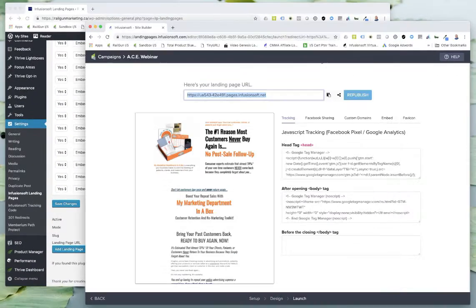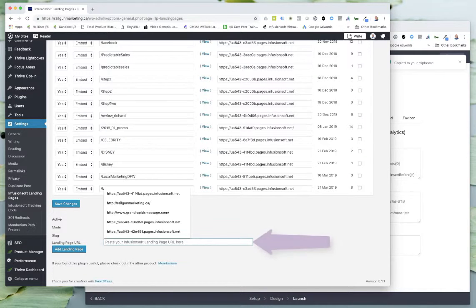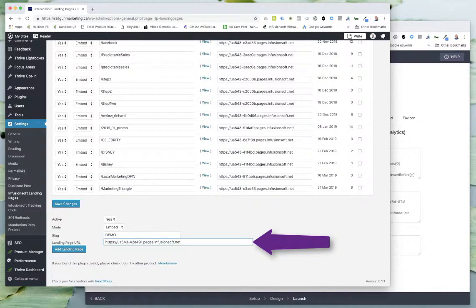So what you'll need to do is come into your Infusionsoft app. You're going to want to go to a landing page, and then this is your URL right here. You're just going to want to hit the copy to clipboard, come back to WordPress, paste it in, hit add landing page,